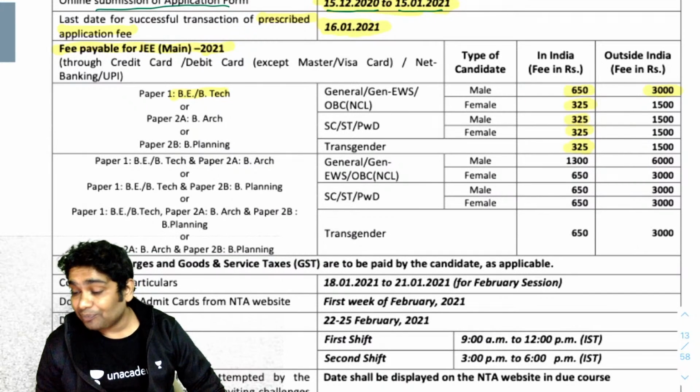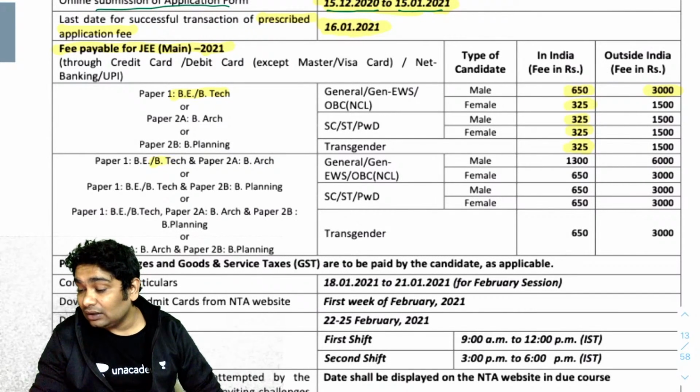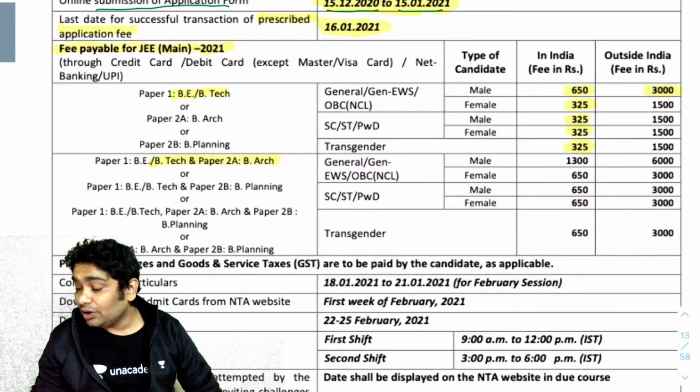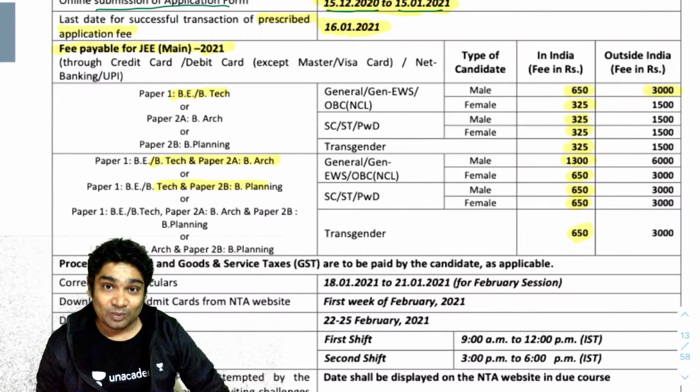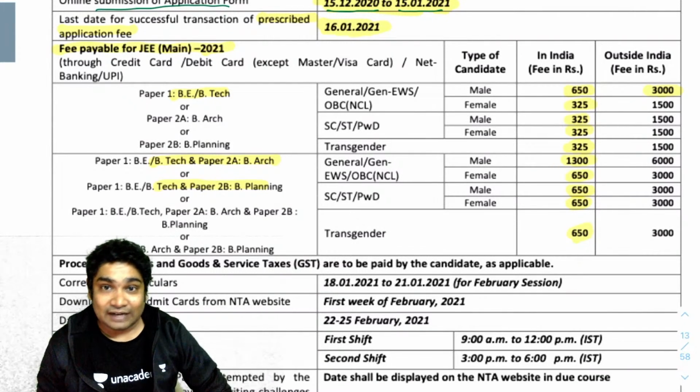Again, for paper 1 for BTech and BArch and paper 2, the fees for general and OBC students are going to be 1,300 for male students and 650 for female students. For SC/ST students, it's going to be 650 each, and for transgender students also. So make sure you fill out this form as soon as possible and pay that fee in time